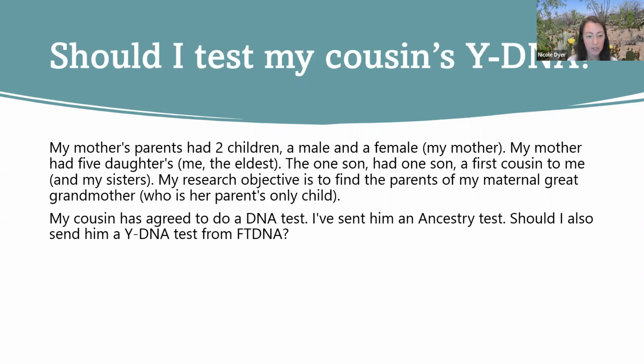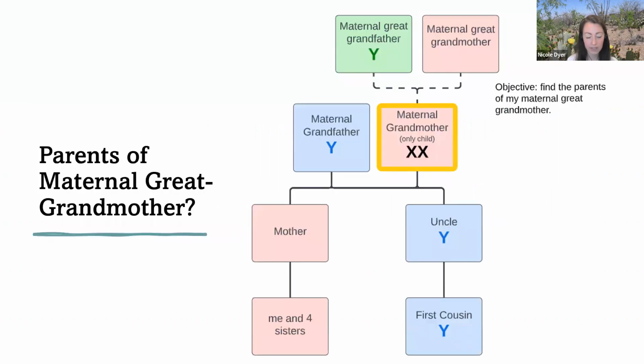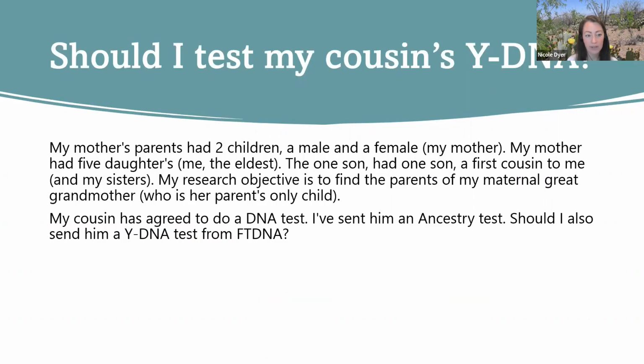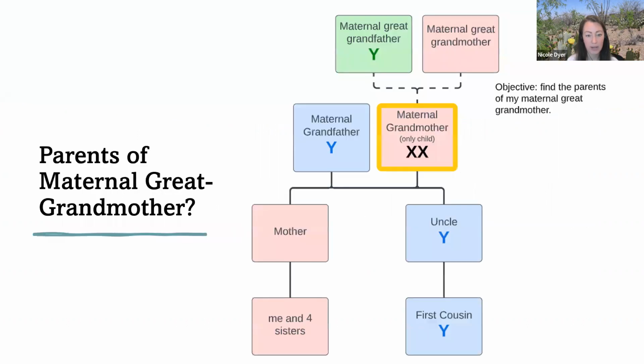My mother's parents had two children, a male and a female. So here's the question asker and her mother. And the next part of the question is the one son had one son, a first cousin to me and my sister. So we have the common ancestors between her and her cousin, who is a male. And so here's the grandparents. And then the next part of the question was,